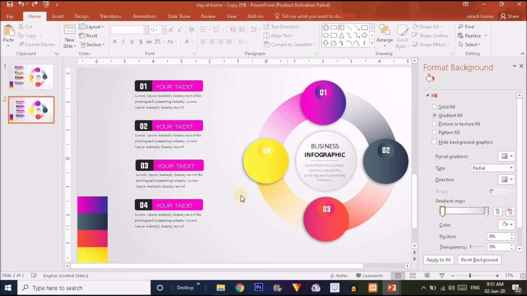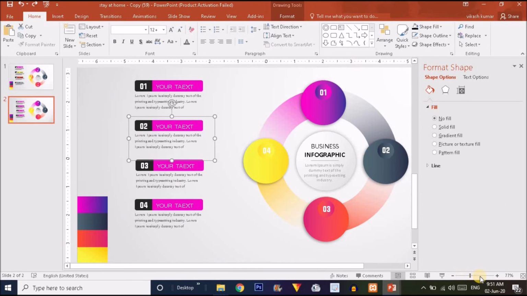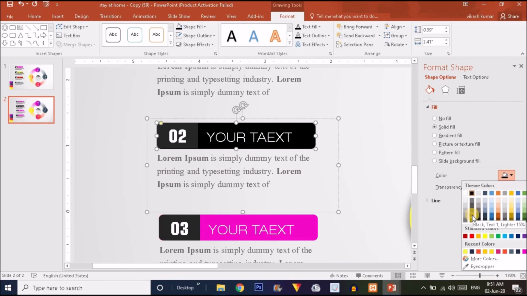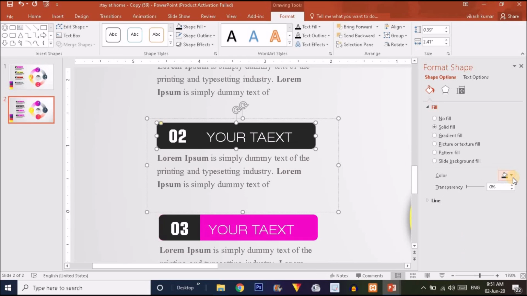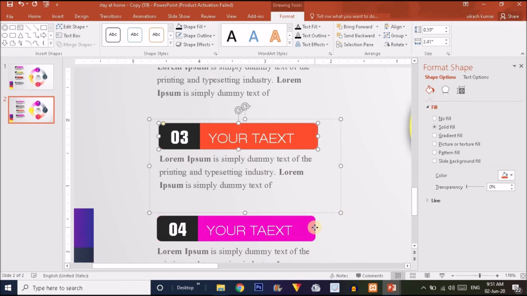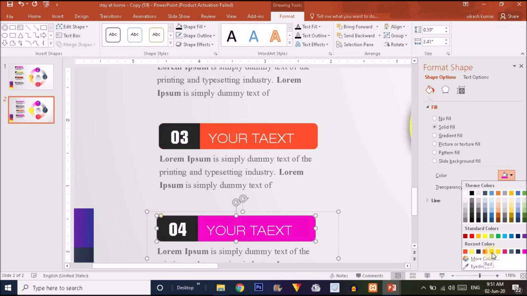So do it. For step 2 I'm just going to choose this dark color. You can choose from the color sample over there. Now I'm going to choose this one. For the third shape I'm going to use the red color, which I have been using in this particular slide, like this color. And for the fourth shape I'm just going to use a yellow color. So we already have a color sample here which I have been using in this slide.